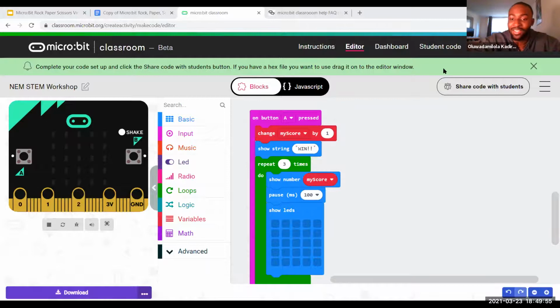So Priyash, you actually got it right. This looks really good. Except I think you're going to show your score too many times. You see how my code looks? You don't have to show your score before the loop. So I would remove the show score before the loop, but that looks great, Priyesh.